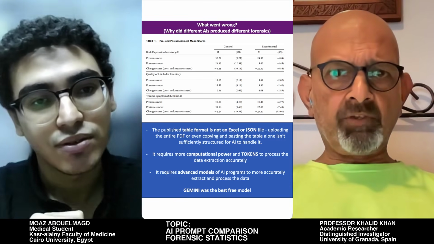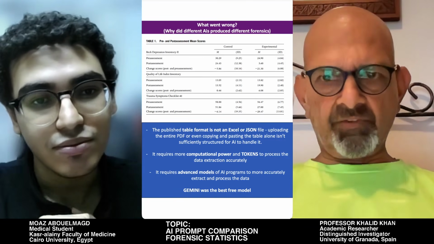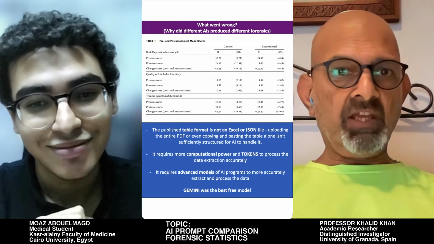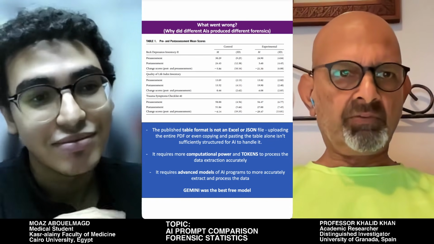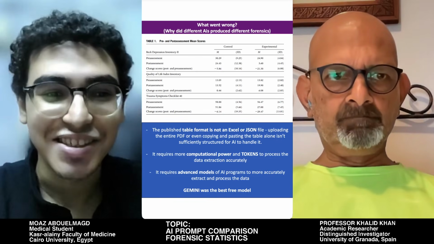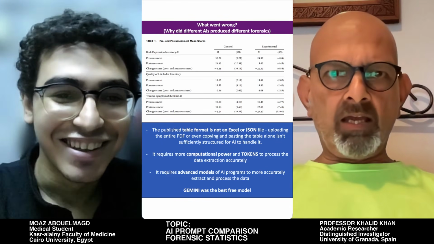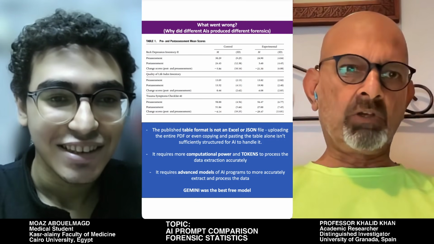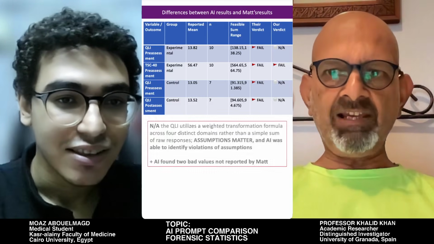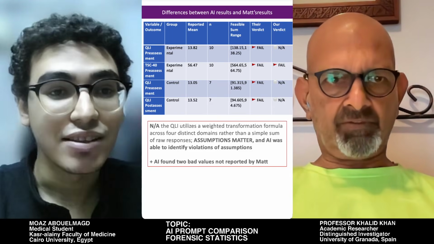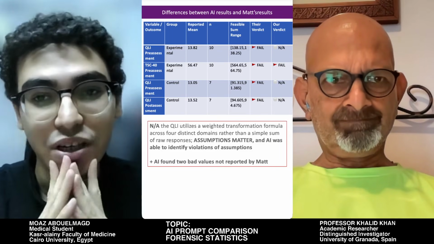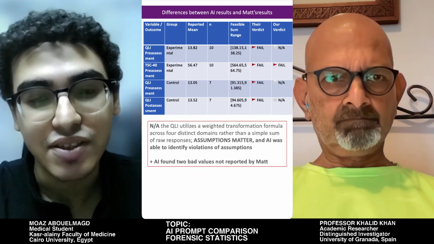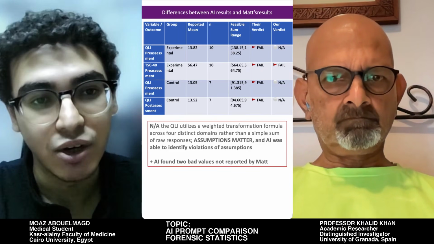Okay, so your conclusion, or our conclusion, is that Gemini was the best of the three freely available options. Interestingly, yes. But none of them were perfect when compared to the gold standard of the human analysis. Can you comment on this? This is an interesting point to highlight, because is Matt's findings the better ones, or our findings, or AI findings